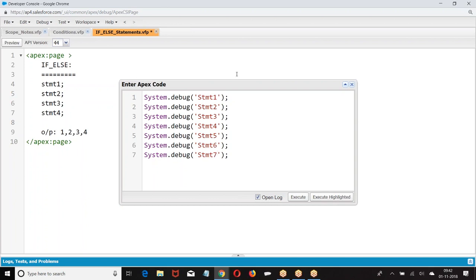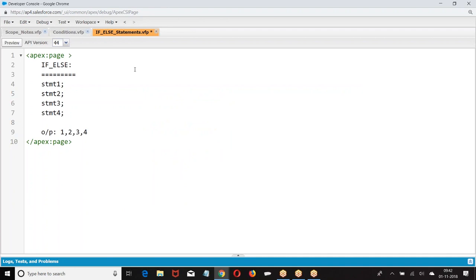Then we go for what? If or if-else statements. Run them only when a condition is true. Now look at the point. To make the concept easy, straight away I am going with if-else. I'll come back to if later. First, I'll cover if-else, then I'll come to if. I'm changing the order of topics to make it comfortable.